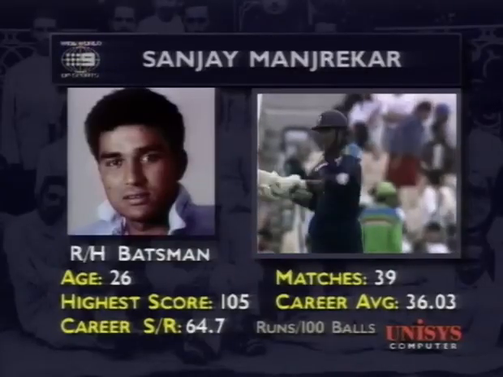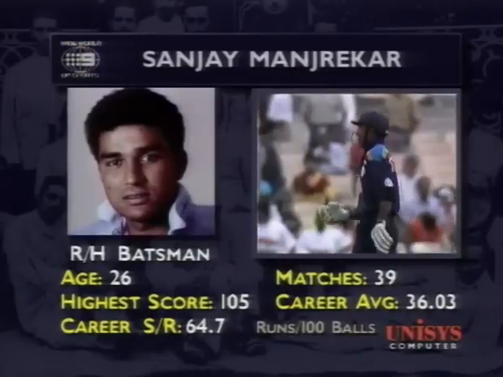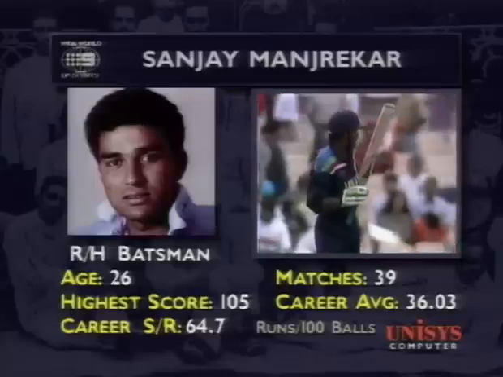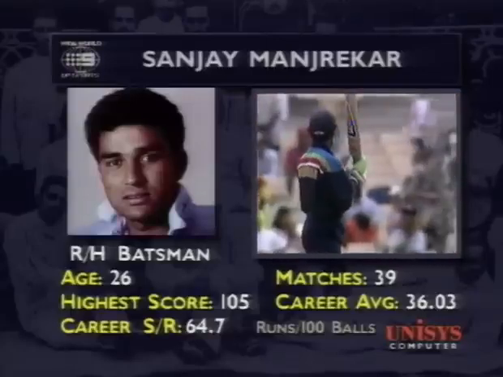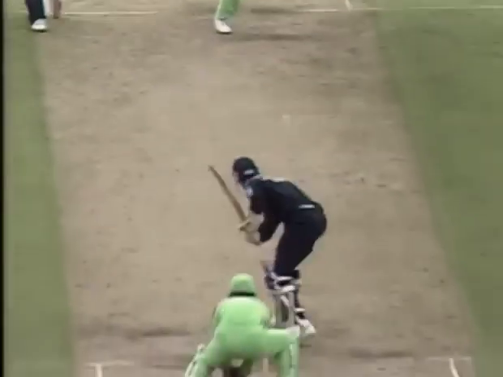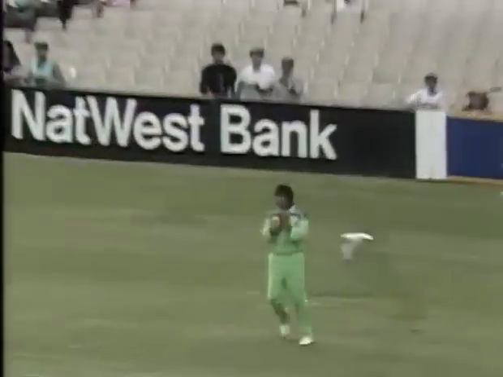In form, Sanjay Manjrekar comes to the crease at a vital time. He played very well at the Gabba last weekend. It's important for the leg spinner to keep the ball up. That's how he got rid of the left-hander, Kambli, keeping the ball up and forcing him, if he wanted to score quickly, to hit into the outfield.